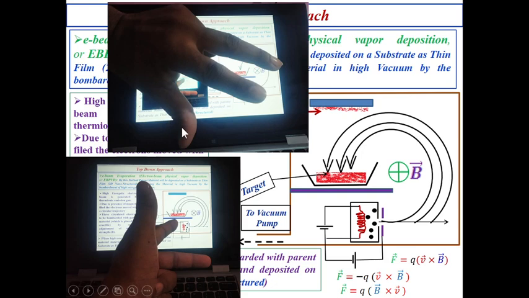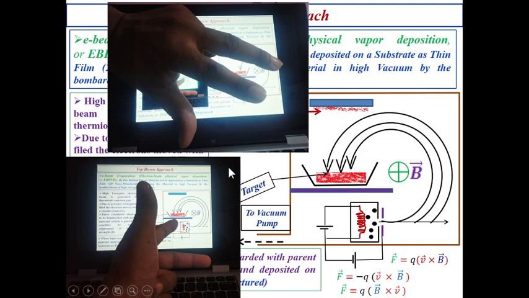So now if we consider Fleming's left hand rule, that is q into v cross B, then this is the velocity direction, this is the magnetic field direction. So v cross B, the force will be downward. Now you are going to ask, if the force will be downward, sir, how are you telling that this will be outward? See, if we consider this formula, then the force will be directed this way.